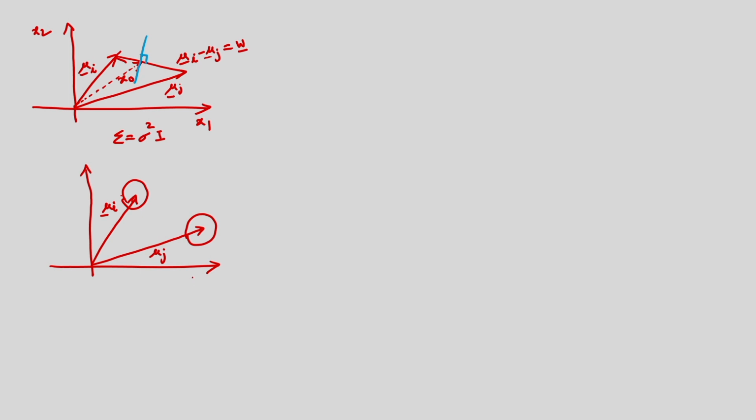And from this you can see already I have shown you. So you can determine the vector. The vector is mu i minus mu j. That you can determine. That is nothing but the weight vector, W. And after this, you can draw the decision boundary. So this is my decision boundary. You can draw that orthogonal to the vector W, and it will pass through the point x naught.